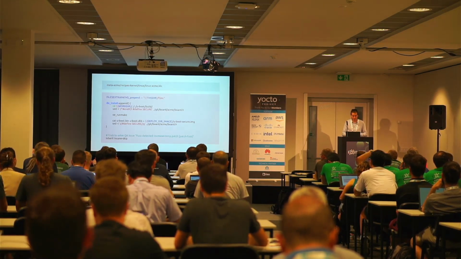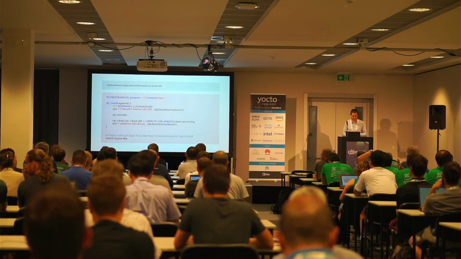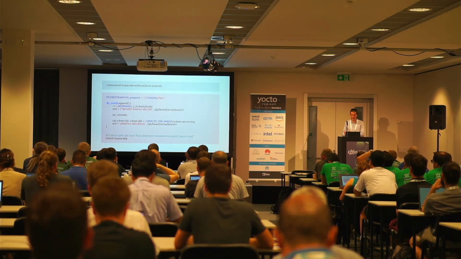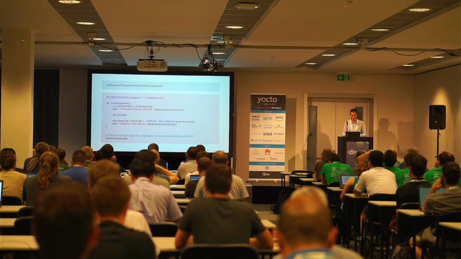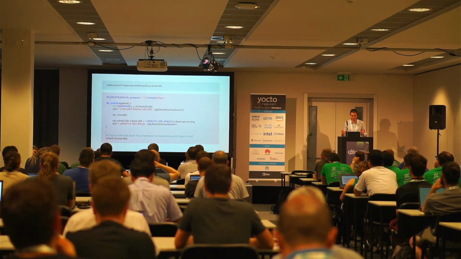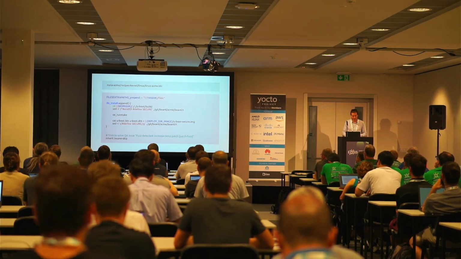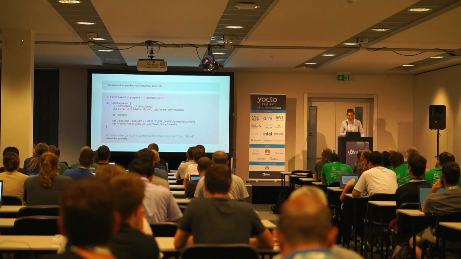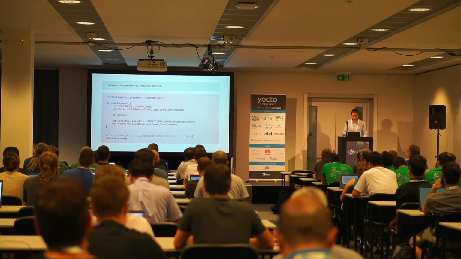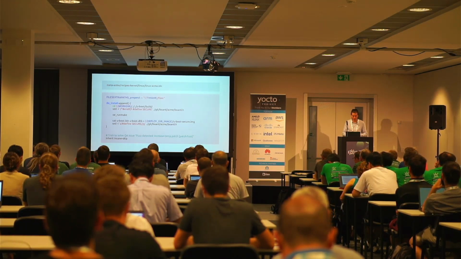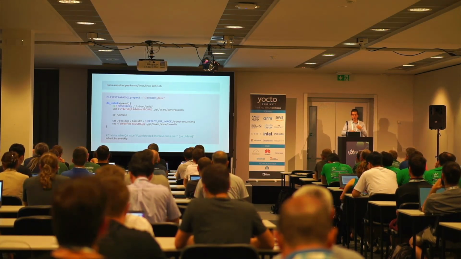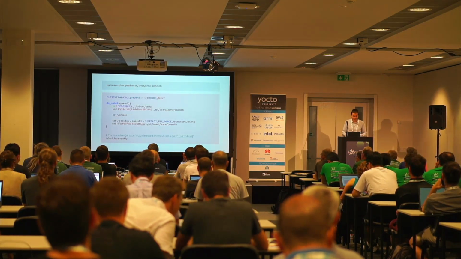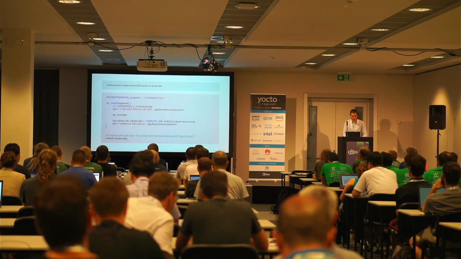So we see that in the do install task, he added cd. He goes out of the Linux worktree, he goes into the U-boot worktree, and then he edits the source like a maniac because every endif is replaced with define secure. Then he builds U-boot. He uses OE run make, which is really great. He could have just used make, which doesn't pass the compiler flags, so cheers to that. And then he concatenates the result of the U-boot binary, he puts it in a secure image, he reverts the sources, and if you look back at the previous slides, then he goes back to building Linux. So he built U-boot, then Linux.